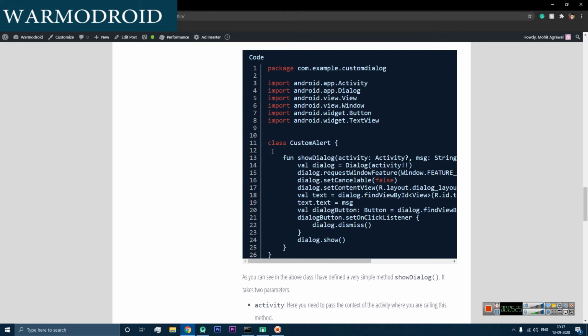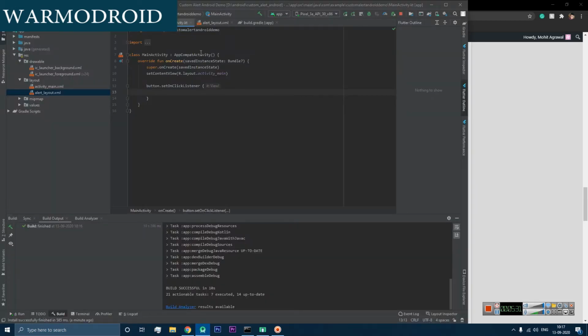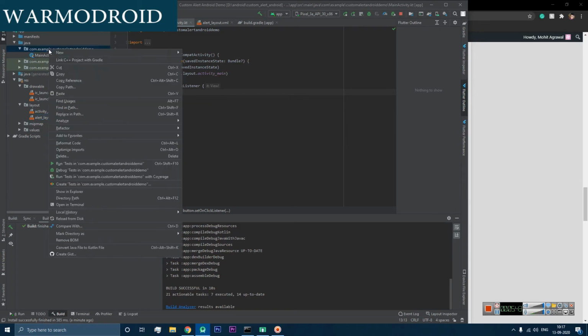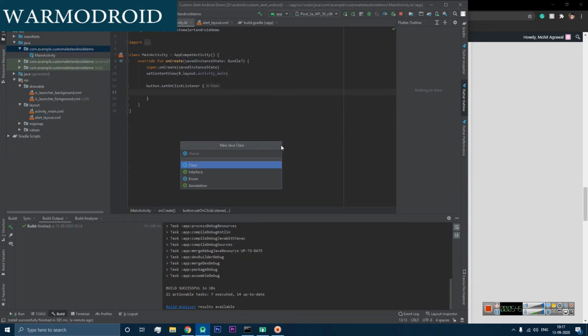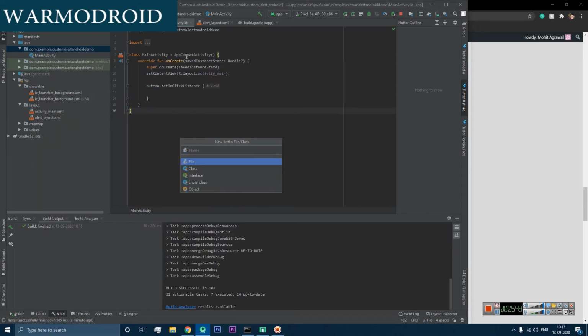Now to make it more reusable, what we can do, we can create a different class itself so that it can be used again and again anywhere in the code. For that, let's create a new class, not the Java class, the Kotlin class,